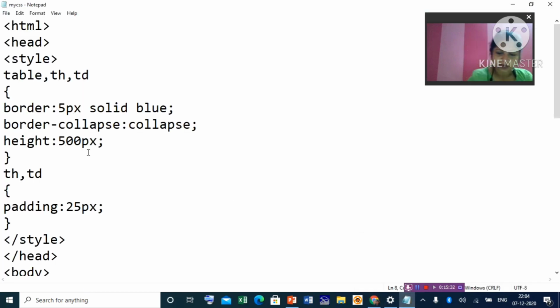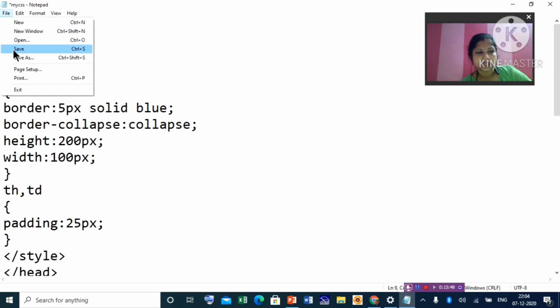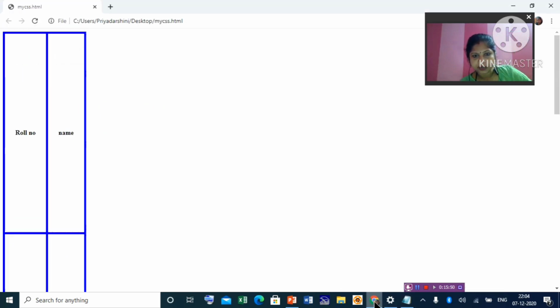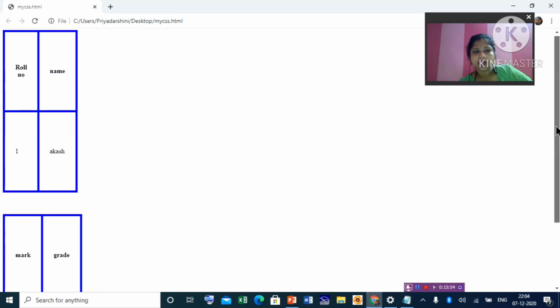Let us make it 200, and then width, suppose 100 pixel. Height and width both of the table you can change. So you can see now the changes. Both the tables, height and width changed for both the tables.